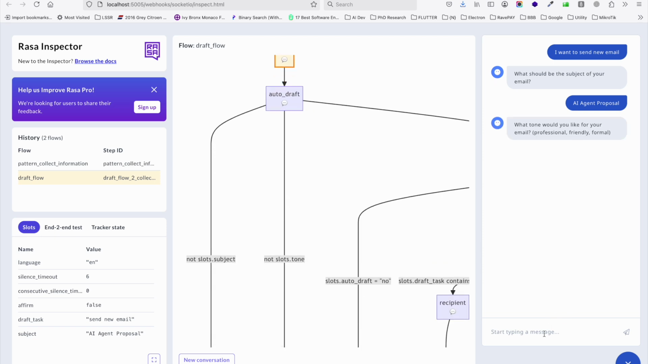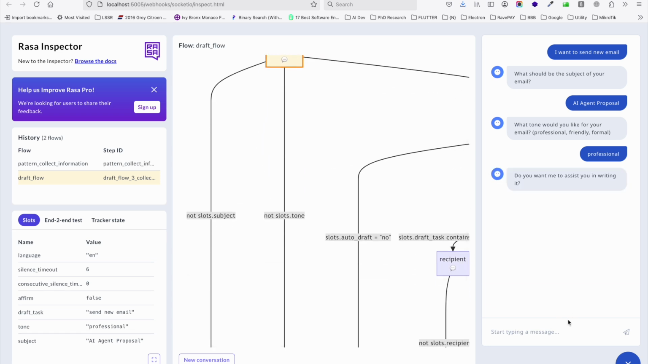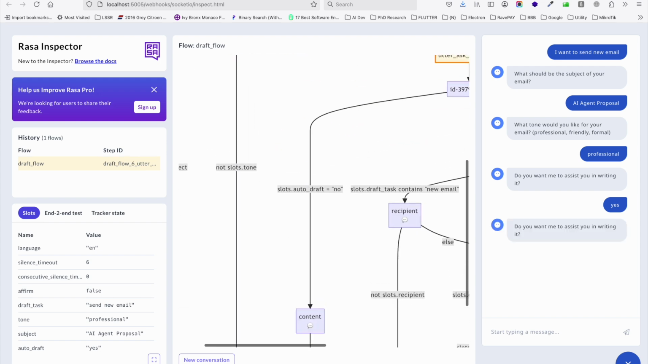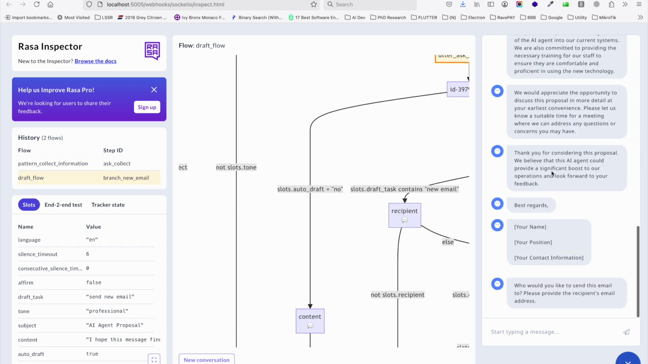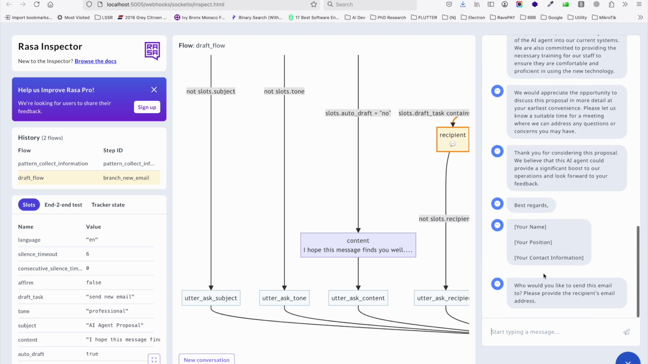Okay, so we're going to make it professional. Yes, we're going to say yes. So let it help us generate the email body for the proposal. So this is the email here. This is a sample of the email that's going to be sent. So who would you like to send this email to? Please provide the recipient. So I'm just going to say I'm sending it to